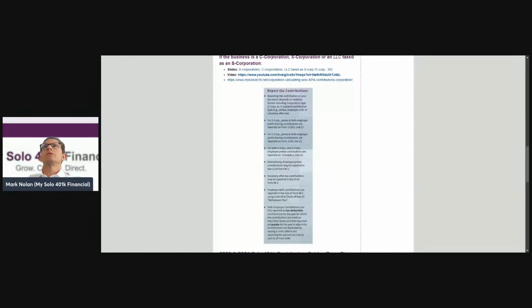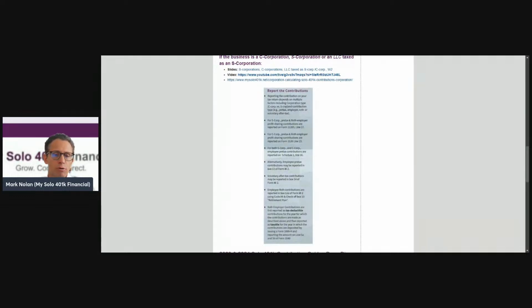Let's keep looking at this here. Now let's look at the one that reads employee contributions. So employee contributions, pre-tax, you've got an option as to where to report them. You can report them in box 12 of the W-2, or you can report them on, let me see here. There it is. So instead of reporting them on the W-2 for pre-tax employee contributions, which is that overall limit of, what, $23,000 employee contribution for 2024, you can report those on Schedule 1 instead, line 16,